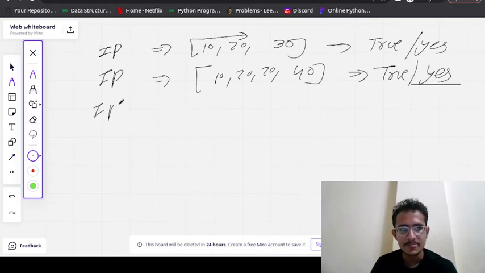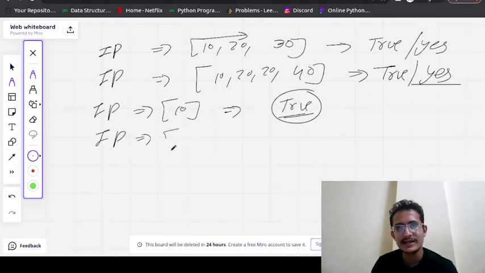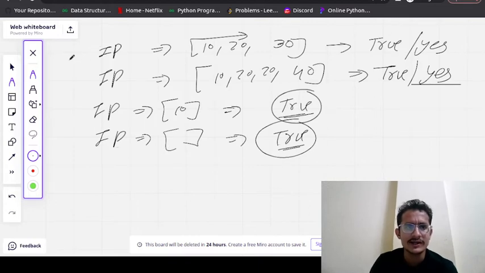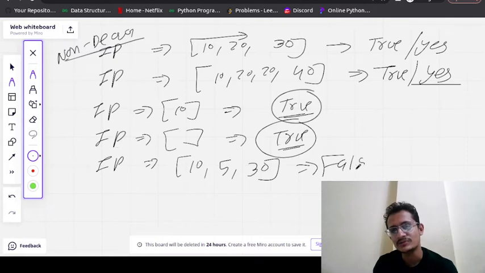Okay, if you have only one element 10, then also you need to return true because it's also non-decreasing. If nothing is there in the input, then also you need to return true because it's also non-decreasing. But if in input you got the value like this 10, 5, 30, so you need to return the value as false.